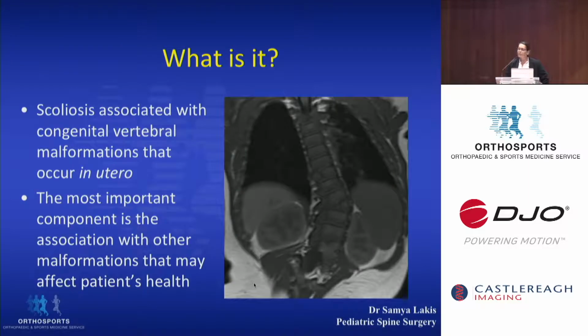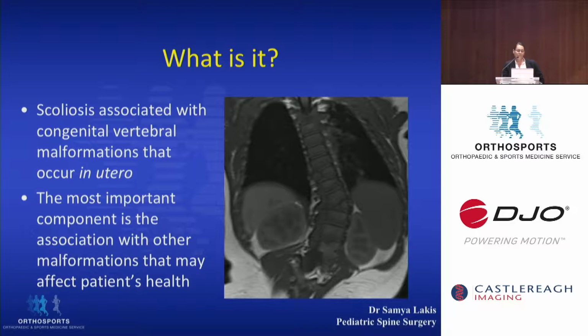So why do we worry about it? Well, it happened when the child was in the mother's womb, usually somewhere at about the 4-week mark. There's a range of onset. So the real problem is what else is going on. And that's the main thing that will affect their health long term. We're actually seeing patients diagnosed with intrauterine ultrasound at 18 weeks and coming in to see us early